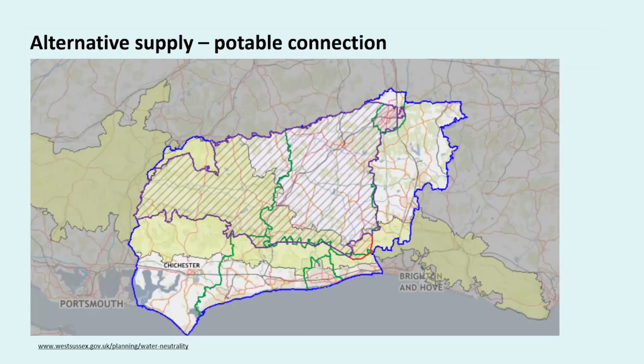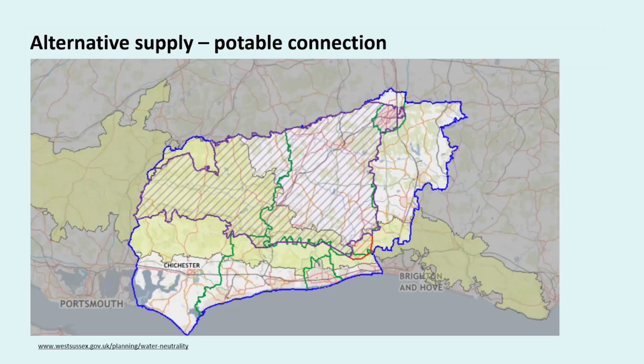Thank you. So moving on to alternative supplies, at its simplest, as I mentioned earlier, an alternative supply could be simply a new potable supply connection from an adjacent water resource zone that is hydrologically disconnected from the water neutrality catchment. So to benefit from that, the proposed development would need to be located close to the boundary of the WRZs, making a connection shorter and therefore cheaper. There would need to be design and construction of a transfer pipeline. And the alternative supply would, of course, need to come from a water source that has spare capacity.